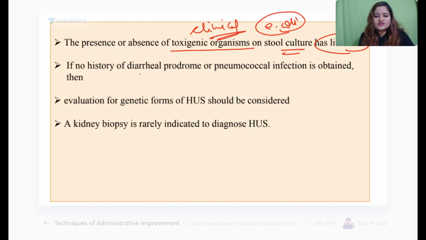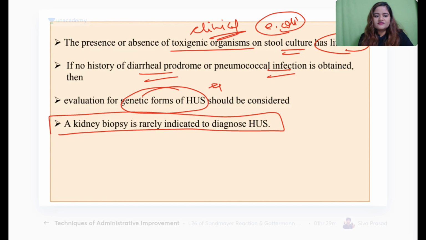Okay. So if no history of diarrhea is present or pneumococcal infection is present, then always go and search for all the genetic forms of HUS. ठीक है, जितने genetic forms हमने पढ़े, they all happen, and we need to diagnose them by excluding other common causes of HUS. If you don't get any clue and you still feel that the patient is HUS,